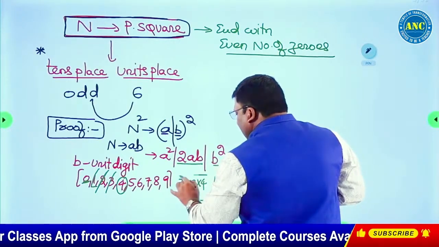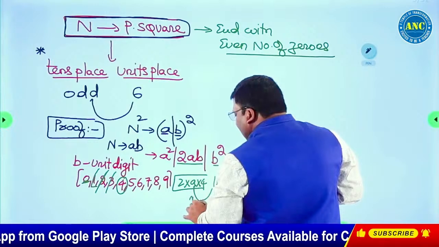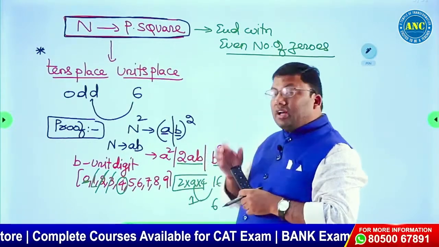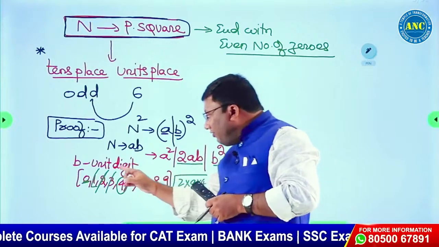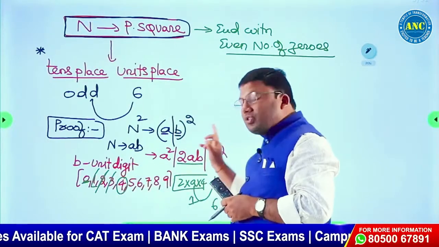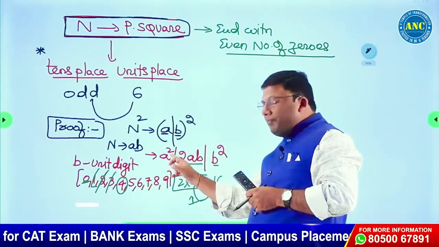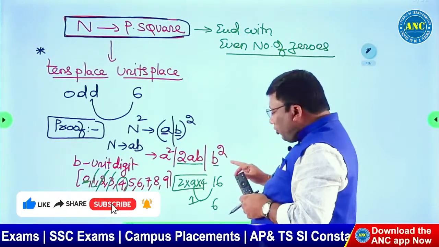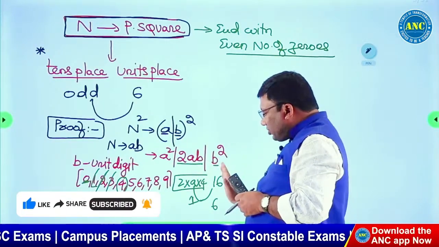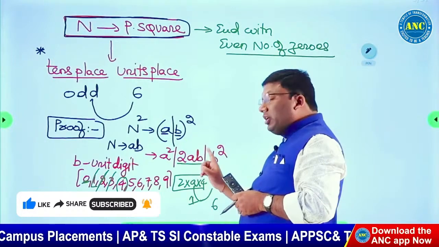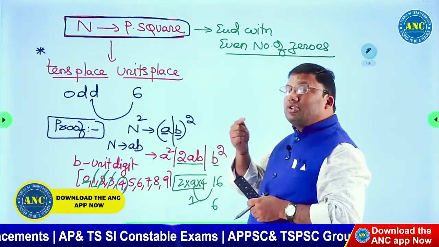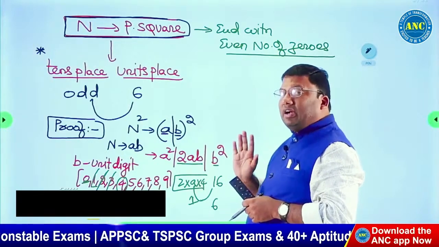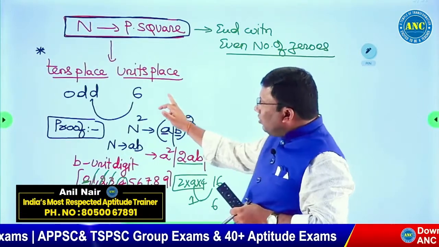2 into any number, even, with 1 carry. Even plus 1 is odd. I am repeating again. If B is 4, on squaring, A square, 2 into A into 4, and 4 square. 4 square is 16. 6, 1 carried. 2 into A into 4, 2 into any number, even. Even plus 1 is an odd number. That is the reason I wrote: